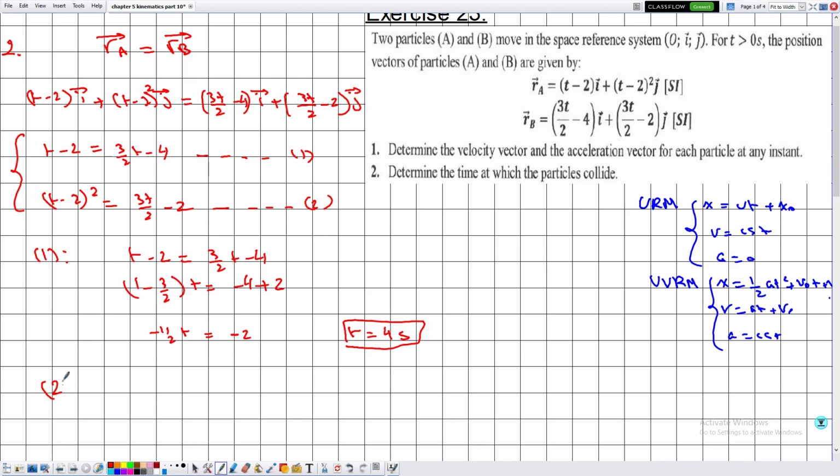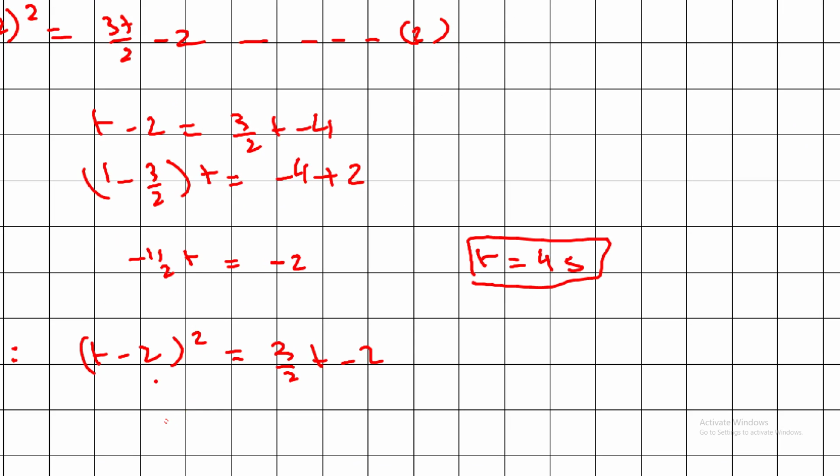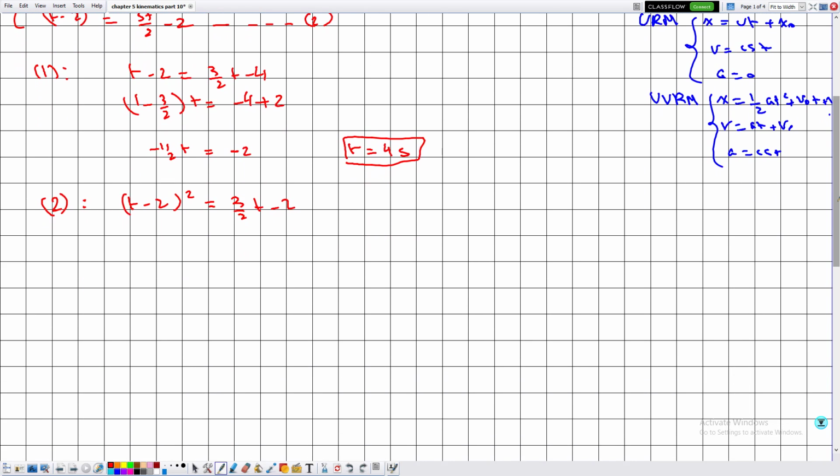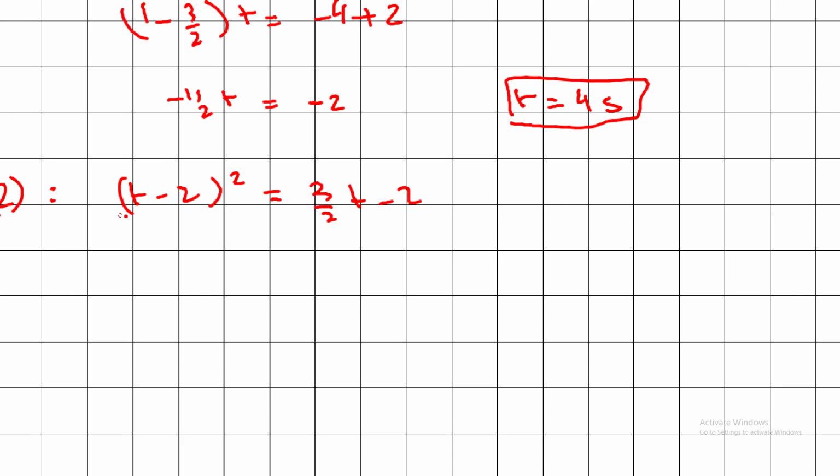Then moving on to equation number 2, which is given by (t − 2)² = 3/2 t − 2. So what's the type of this equation? This is an equation as a function of t, which is quadratic, because if you expand this, we will obtain t². There are several ways to solve this equation, but the easiest way is to expand this